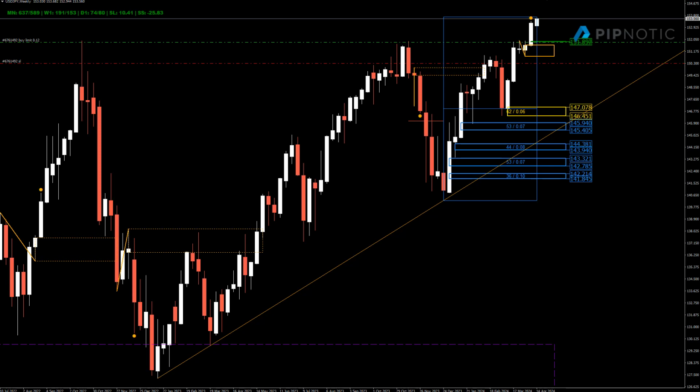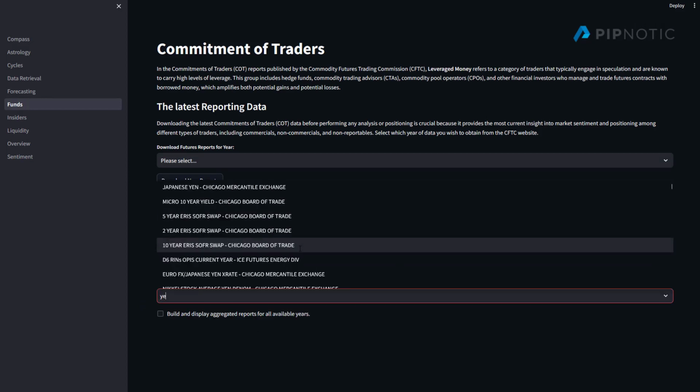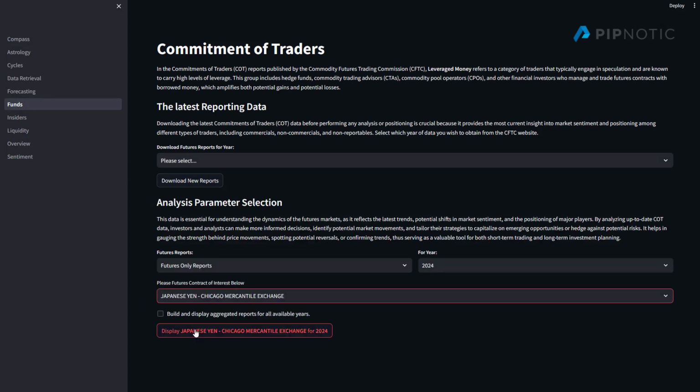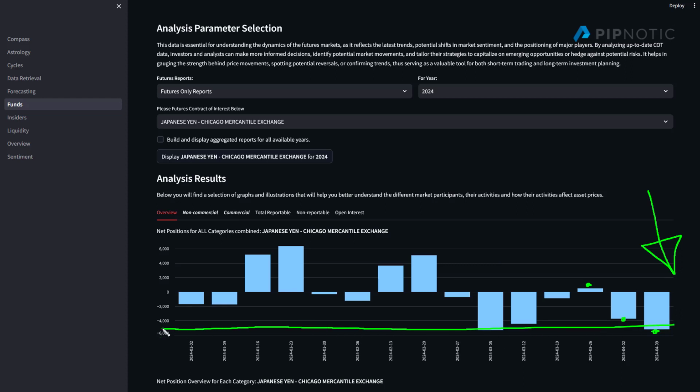But if we have a look at the dollar yen, going to the Japanese yen, look at the most recent data. We're actually seeing an expansion on the short side. We're still net short. We were positive, we went lower, and we went lower again. So this is telling us that in the futures market, at least, there's an expectation that Japanese yen is going to move lower, but we're not that net short.